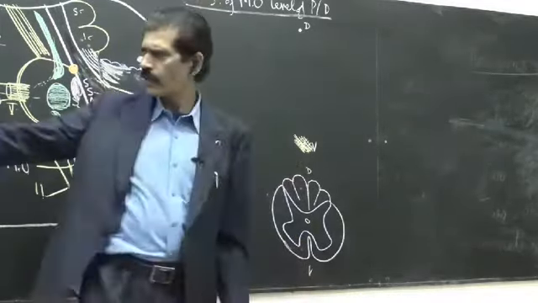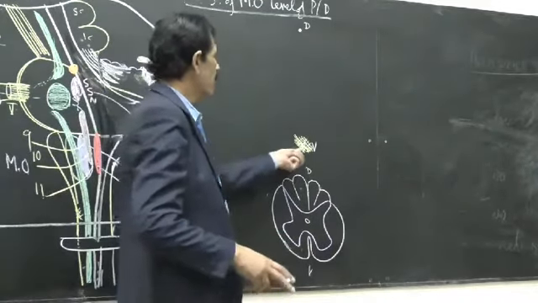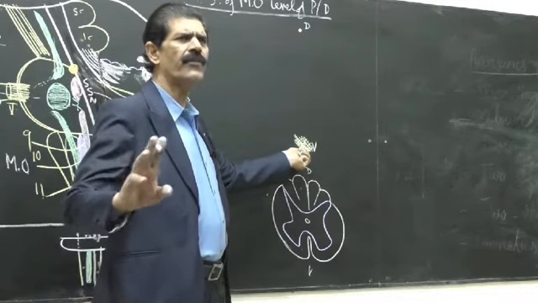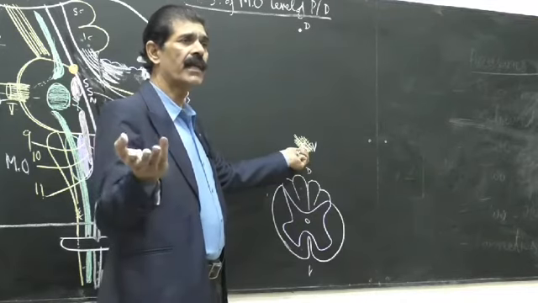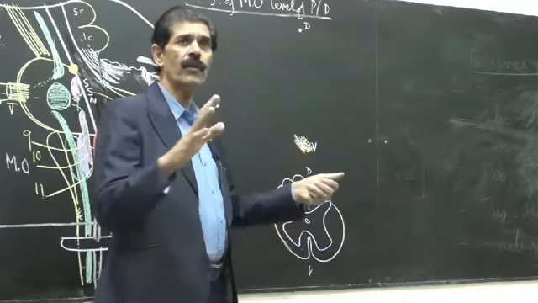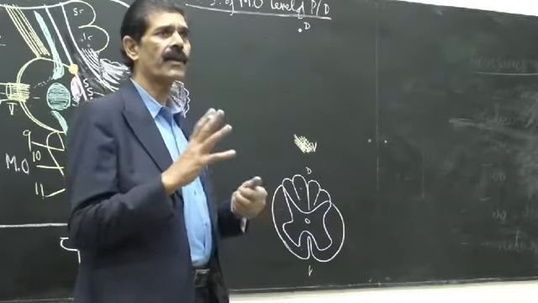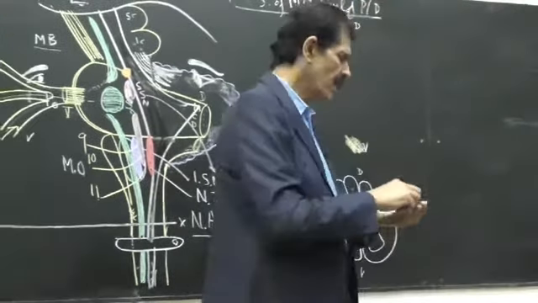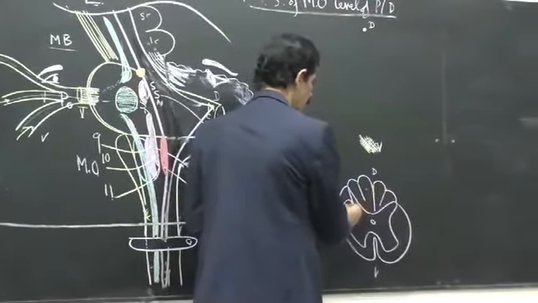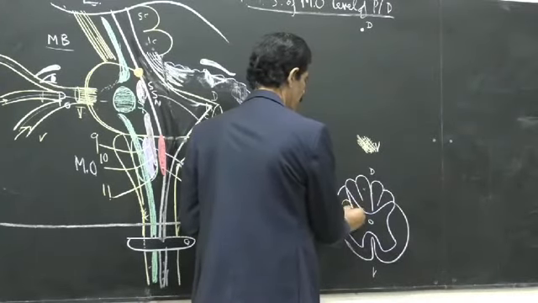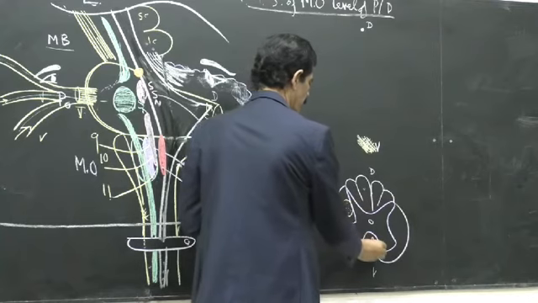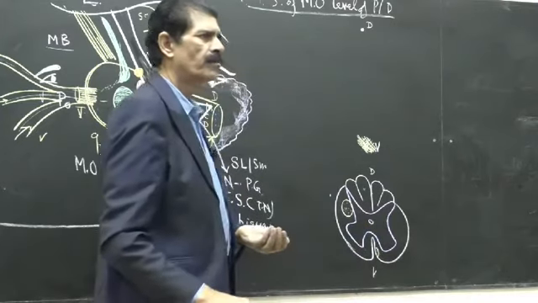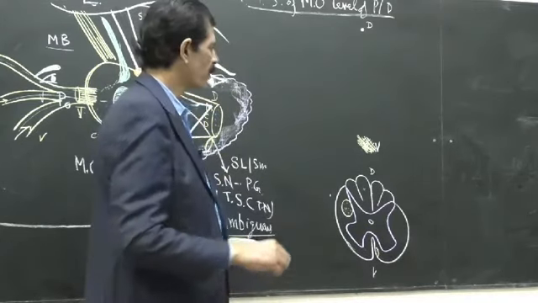So here we have shown the first part, the pyramidal decussation. But this is only, I have said, the tip of the iceberg. On the surface we see very few fibers crossing from right to left. But when we take this section deep inside, we see the full view of the 80% fibers. Ultimately after crossing they will descend as the lateral corticospinal fibers, situated here in the lateral column of white matter. This is lateral corticospinal. Uncrossed ones are in the anterior column. They are only 20%. Ipsilateral, while the others are contralateral, crossing.